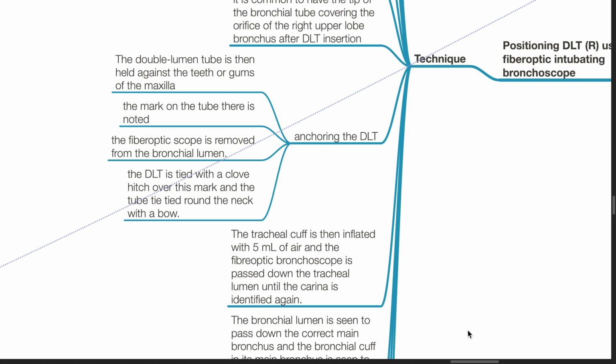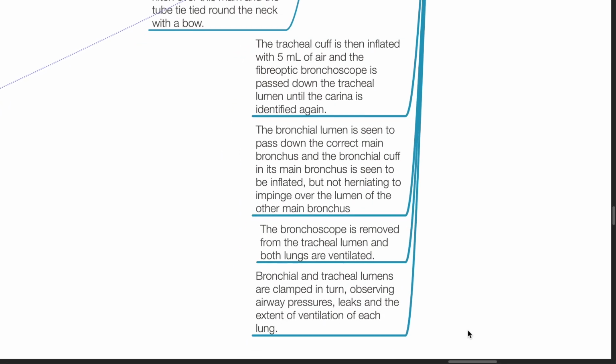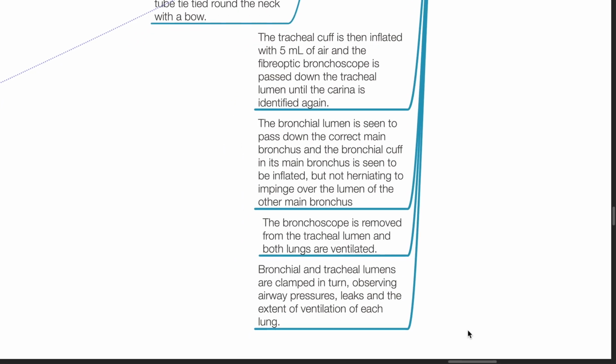Anchoring the DLT. The double lumen tube is then held against the teeth or gums of the maxilla. The mark on the tube there is noted. The fiber optic scope is removed from the bronchial lumen. The DLT is tied with a clove hitch over this mark and the tube tied tight around the neck with a bow. The tracheal cuff is then inflated with 5 mL of air